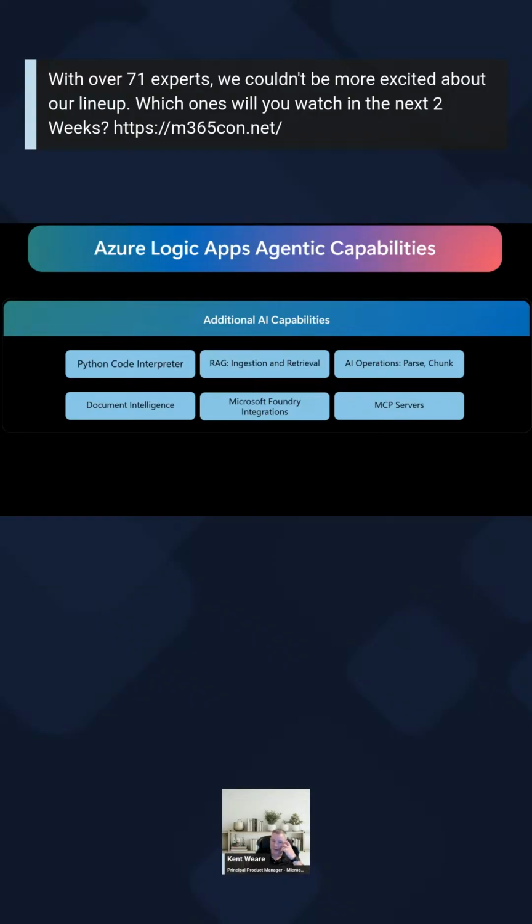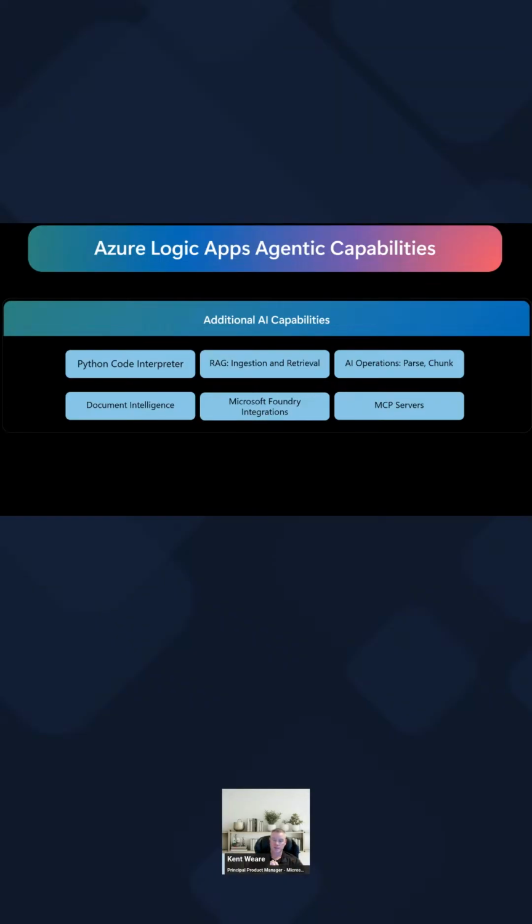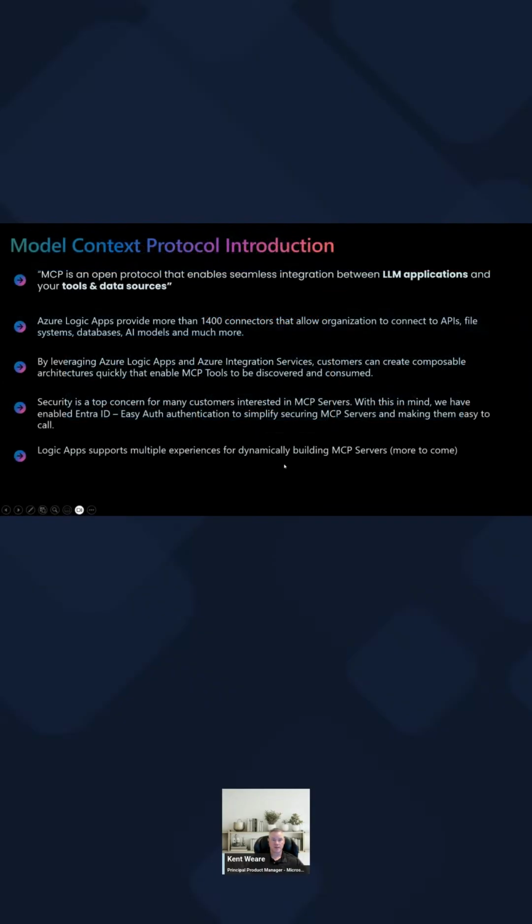We also have a lot of Microsoft Foundry integrations. We're going to see some of those here today. One that we won't see today, but is available, will be in my session not this Friday, but the next Friday. That's a connector: there's an agent service connector for Foundry. Inside of a Logic Apps workflow, we can call an agent that is hosted and running inside of Foundry. We'll also see the tool catalog today. And then last but not least is MCP servers, and that's really what we're here to talk about. So we'll get right into the MCP server side of things.